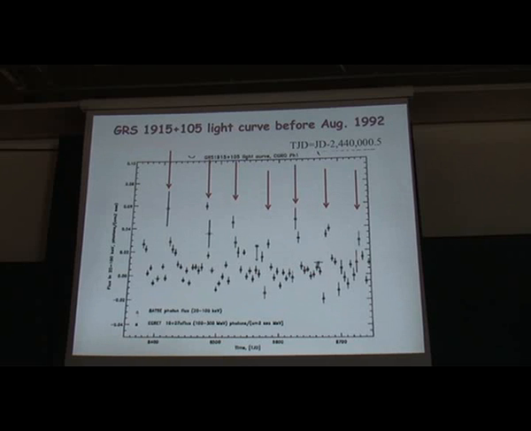It is very strange. It also shows these crosses, by the way, these are OSSE crosses, like this, and OSSE data for the energy range from 100 keV to 300 keV. And this is BATSE points from 20 to 100 keV. So obviously the object was already active 1 year before the discovery. It's curious. But this object does have an orbital period which is extreme, 800 hours. Can it be somehow connected? I don't know, but one can probably speculate about this possibility.